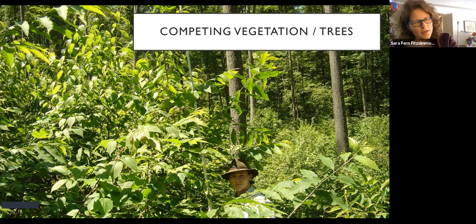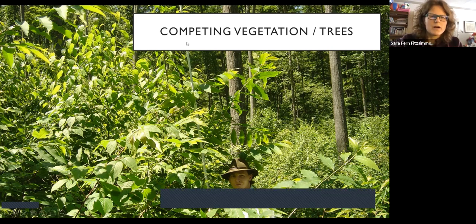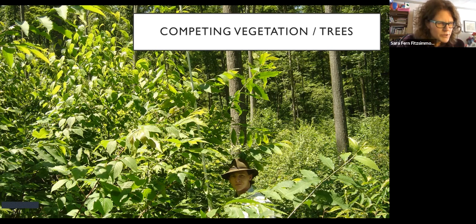Here's some, I love this picture. This is American chestnut, Tom Lasden there, peeking out among the American chestnuts. He's got a measuring pole, height pole right here. The American chestnuts are outcompeting stump sprouting yellow birch. So on a really good site, American chestnut can outcompete stump sprouts of yellow birch, tulip poplar, almost any other